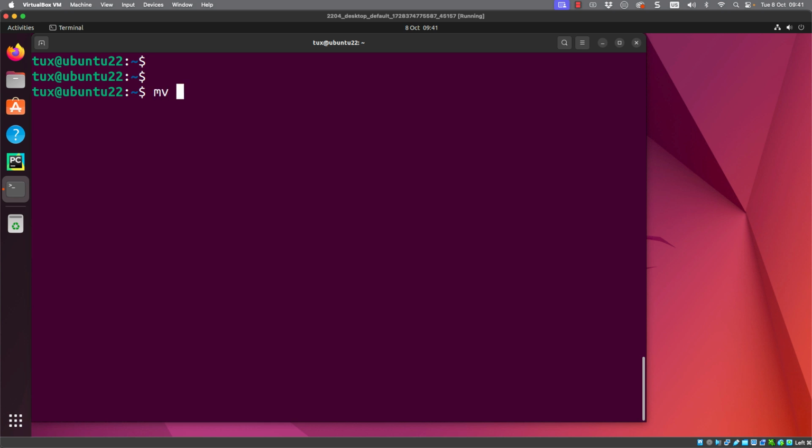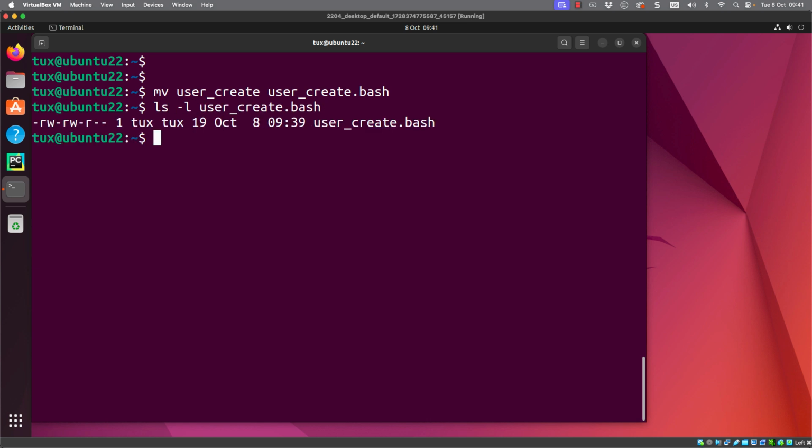One way of doing this is perhaps by putting on a suffix, or you might like to call it an extension to the file name. So I might use .bash or .sh. Now when I go through and list it, we can see the file is called user_create.bash. Now that is going to help my editor, but it doesn't help the system. When I still look at this, it doesn't see anything different in the file. The file command still is reporting that this is an ASCII text file. There's no particular header to the text to say what type of file it is.